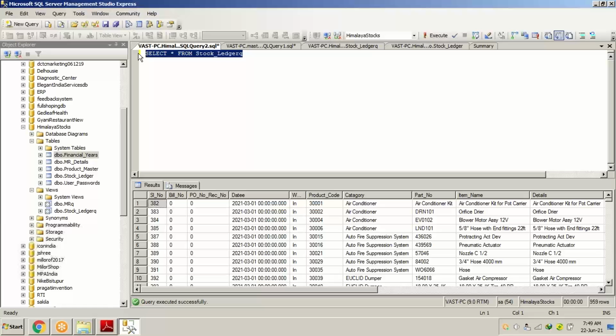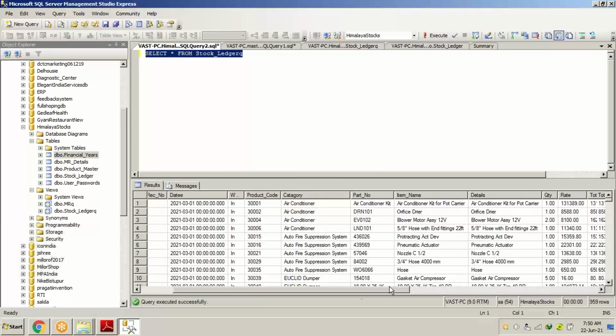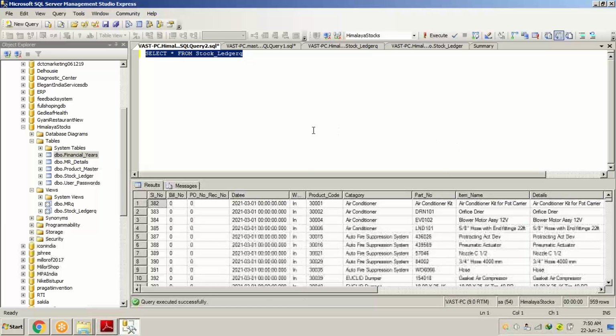This is the command we have to write, and the entire data will appear at the bottom. And what does star stand for? Star stands for all the data. If I write select star from some other table name, all the data from that particular table will be selected and shown at the bottom of the screen.